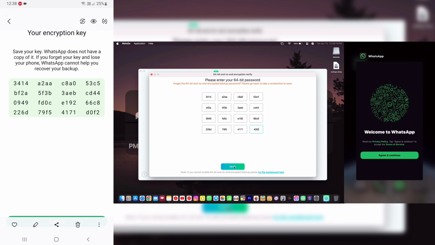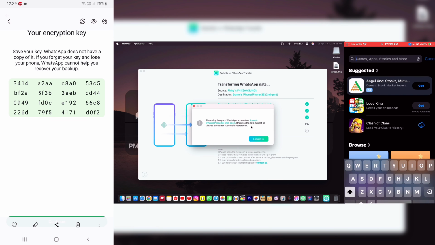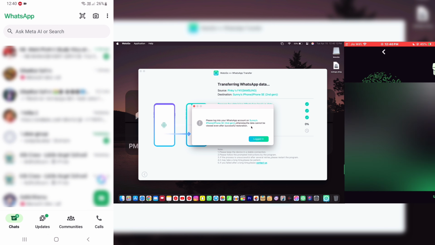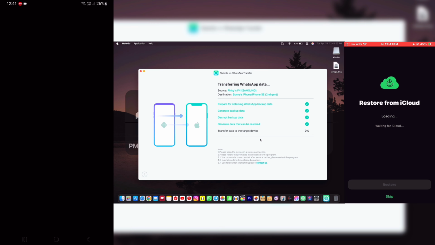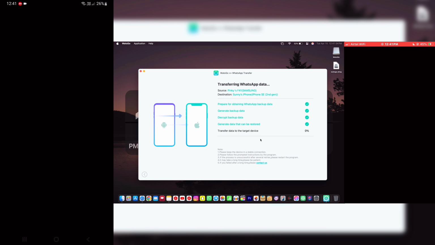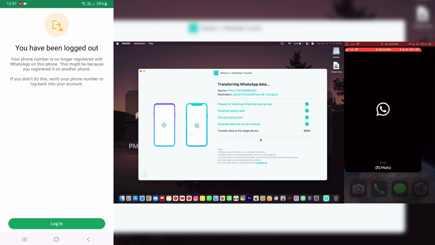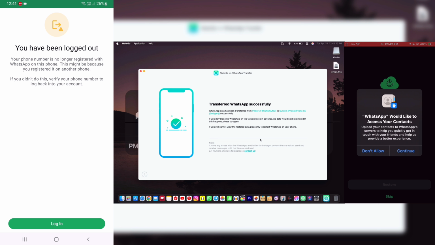But before clicking on verify, you must delete WhatsApp from the destination device first. Then after clicking on verify, you will need to download it again. After downloading WhatsApp, log in there and then click on logged in here in the app. After that, your destination device will restart if that is iOS, but don't worry, it's safe, your data will be safe. But make sure to follow all my steps carefully for a smoother process.